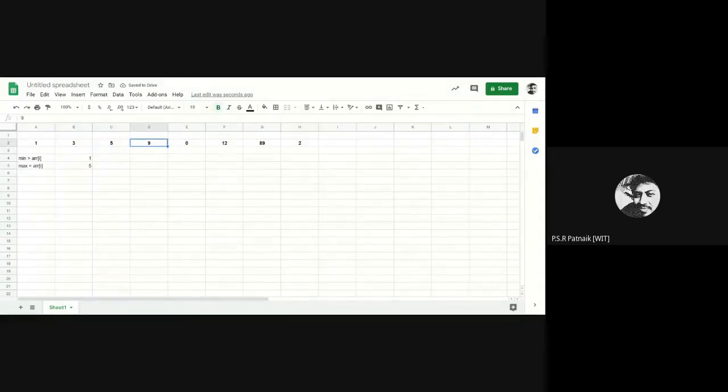So I go to 9. When my cursor is at 9, what gets updated? This gets updated. So when I am here, what gets updated? The minimum gets updated. So it becomes 0. So when I'm here, once again the max gets updated because previous max is 9, and the new one is 12. So this gets updated. So minimum remains the same, max gets updated. So it becomes 89. And last we have 2. So neither minimum nor maximum gets updated. But we did the comparison operation.